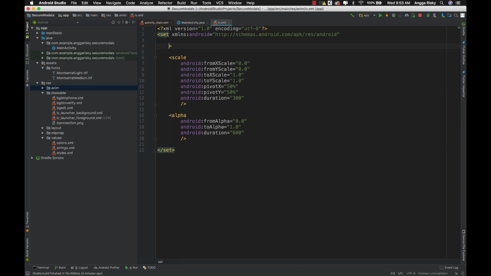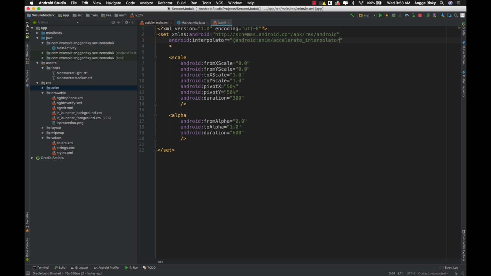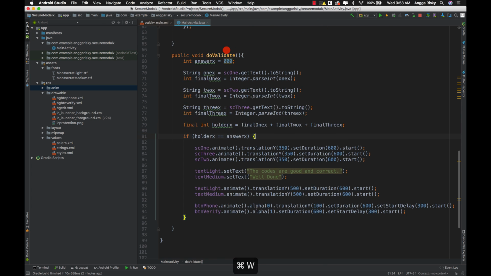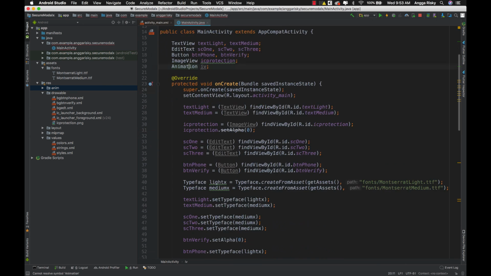And then over here, to make it so smooth, we have to give an Android interpolator, and then this is supposed to be Android anim. I think we have to go with the SEC. Yeah, this one. Okay, let's save it first, and we go to main activity and register the animation for IV, and we have to import the class.